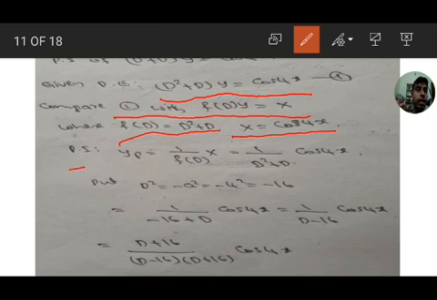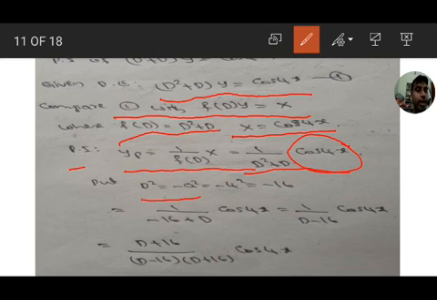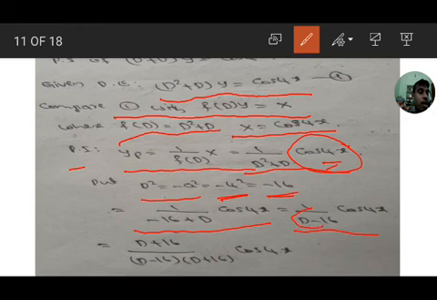So particular integral yp equal to 1 by f of D capital X, that is 1 by D square plus D cos 4x. Substitute here, cos ax, so substitute D square equal to minus a square, a means here 4, so minus 4 square, that is minus 16. If you substitute minus 16, we get 1 by D minus 16 cos 4x. But still, after substituting D square value, we have still D value in the denominator.